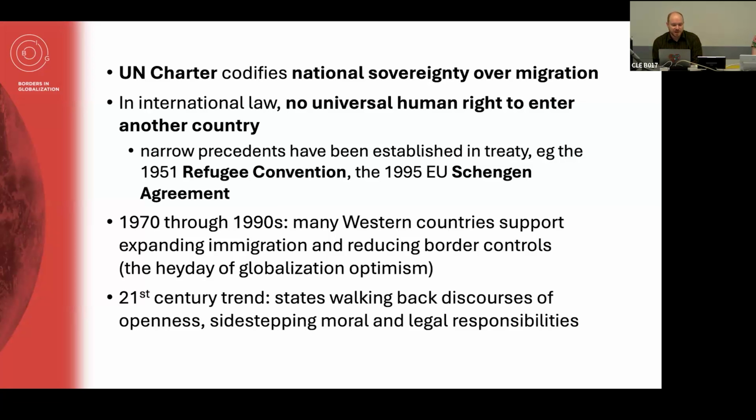But there are some narrow precedents that have been carved out in treaty form, which do mandate some requirements on the part of receiving states. Two examples of that are the Refugee Convention of 1951, and we could also point to the European Union Schengen Agreement. So the Refugee Convention is an example of establishing a right to enter another country. It puts a burden or an obligation on a receiving country to receive asylum seekers, to hear